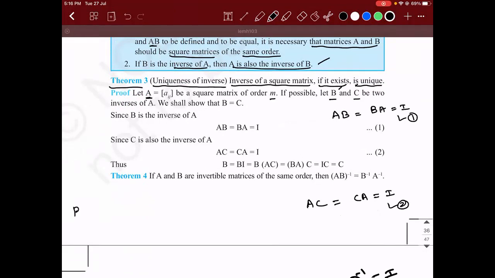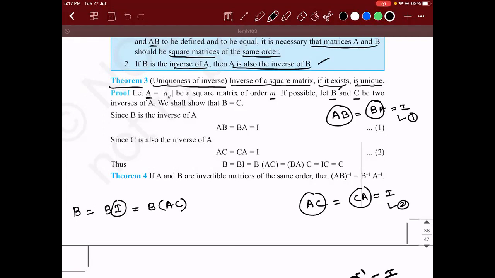But we know that any square matrix B can be written as the matrix itself multiplied with the identity matrix. I hope you guys know this. When you multiply a given matrix with an identity matrix, it is equal to the matrix itself. So B into, what is the one that is missing? In the place of I, we can use four possibilities: BA, AB, AC, CA. What we will do is use AC. B into AC.